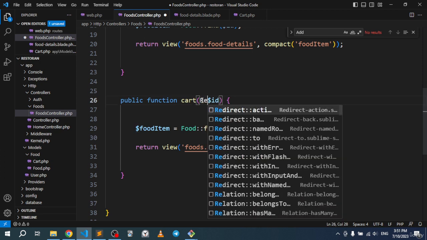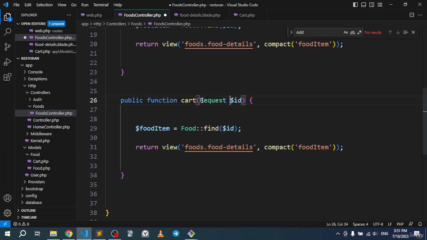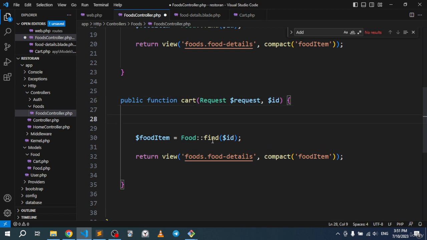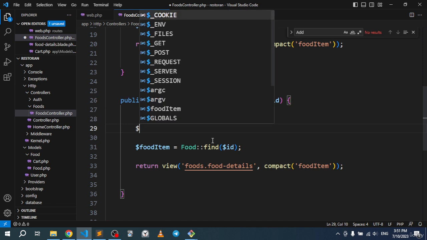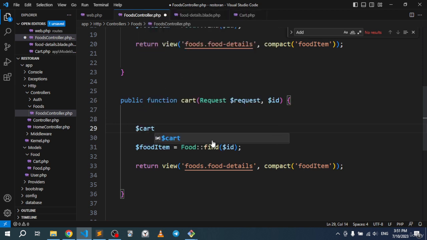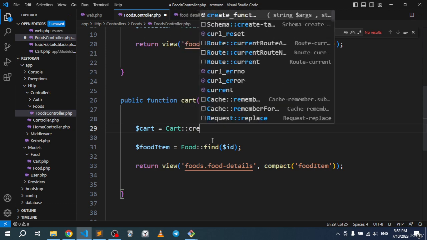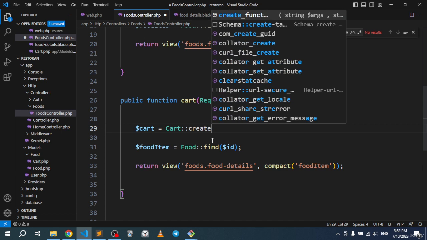So since we're submitting a form, I want to go ahead and do my request. So we're gonna do request like that. Now, we should separate both of those parameters. Right after this, I want to go ahead right here and insert into this. So I'm just gonna go cart like that, and I'm gonna insert into the cart model. So I'm just gonna go create right here, and I'm gonna go